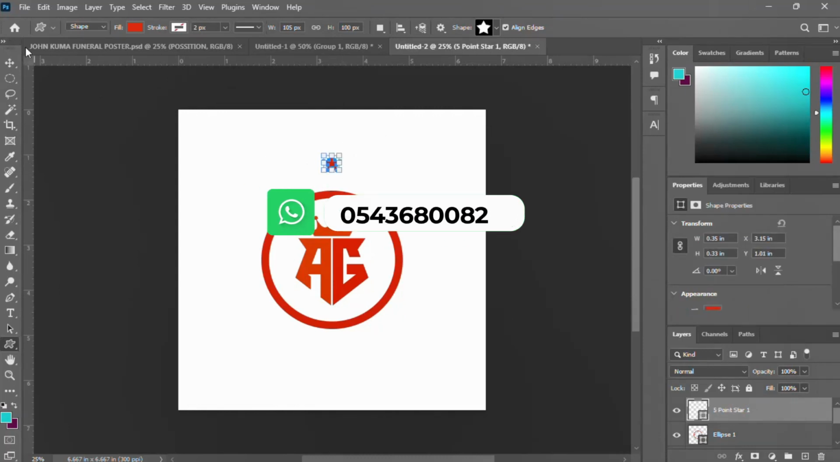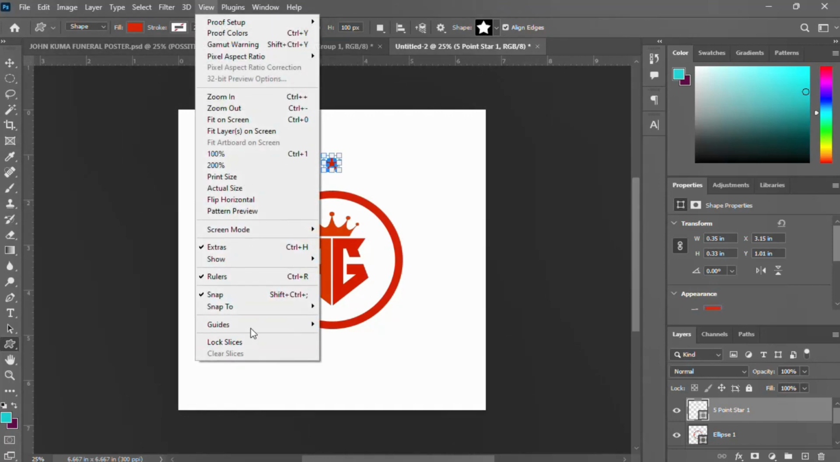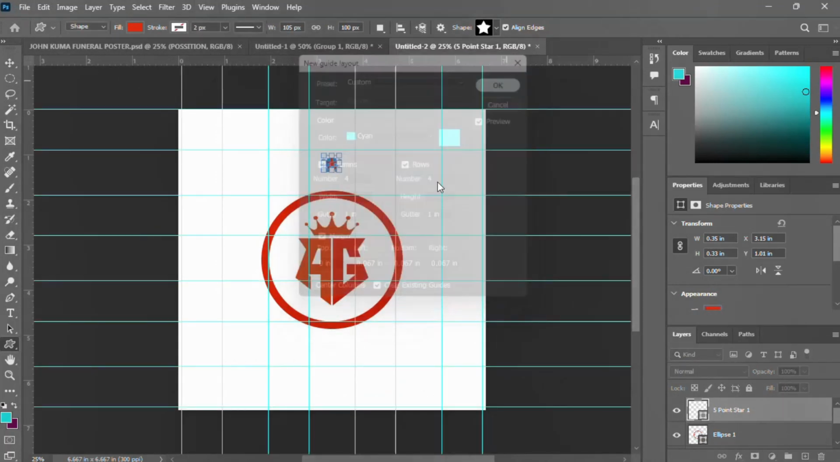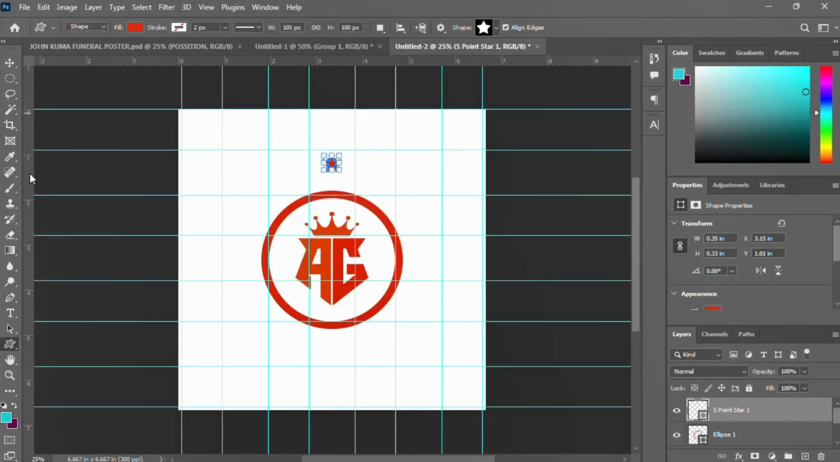Perfect. And then let's set the guide. So go to View, Guides, and then New Guide Layout. Good. So you have it at the center like this, and then let me pick this and drop it at the center. Hold here and drop it at the center like this,